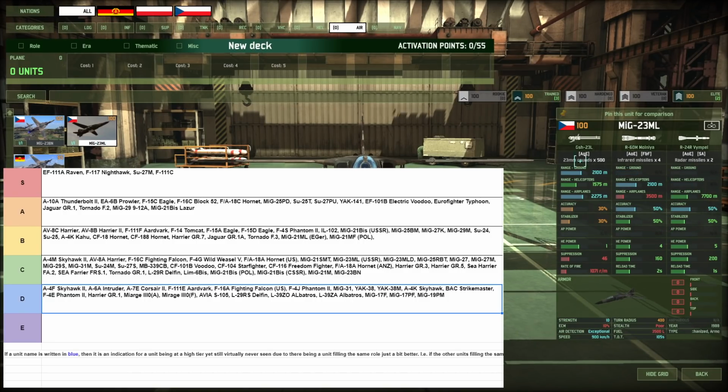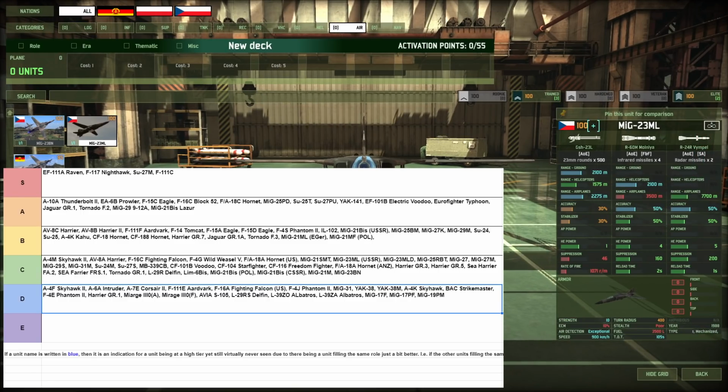MiG-23ML. Funny thing is, those Wimples actually fly much faster than most of the other semi-active missiles, but you do have a 1 second reload time. But I believe you still get a second one out earlier because of just how fast it flies. You get 200 lead for 100 points. You only have 10% ECM, but this is actually incredibly deadly for its points. I think it's vastly underrated, but then again,